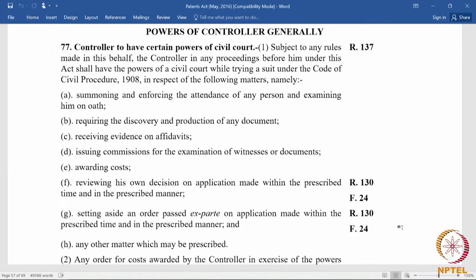In fact, you will find that there is a provision under the rules with regard to the form of affidavit. Rule 126 tells us in what form the affidavits should be, if the affidavits are sworn in India or if they are sworn outside India, in what form they should be and what are the requirements that have to be satisfied. So, the controller has the power to receive evidence on affidavits,